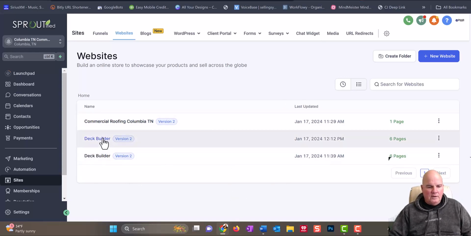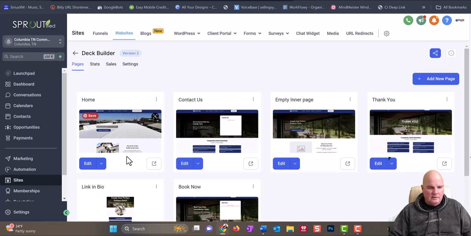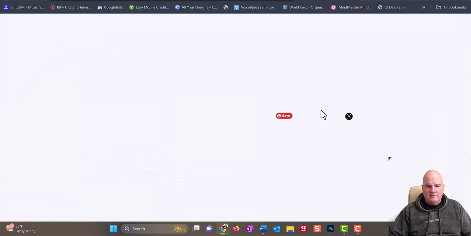So we started creating this under this deck building platform. It was just a layout that was for deck builders. And yesterday we started laying out, and you'll see in that video, if you go back to my videos, there's a 2-hour video on this layout and step by step on everything about it. So we go in here and we click on edit, and basically we're going to create 4 to 6 pages